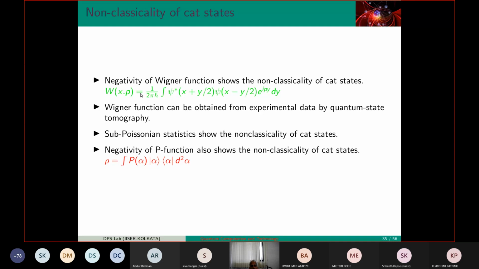All right. Now, any quantum thing you do, you should show that the state is non-classical. How do you show that? The P function is the best approach. But I can tell you that still there is a lot of debate going on. Nothing is settled. The P function becoming negative shows non-classicality. But nothing is settled yet. A squeezed state is non-classical, but its P function is positive. So negativity of the P function shows non-classicality, but there are examples where this may also fail.